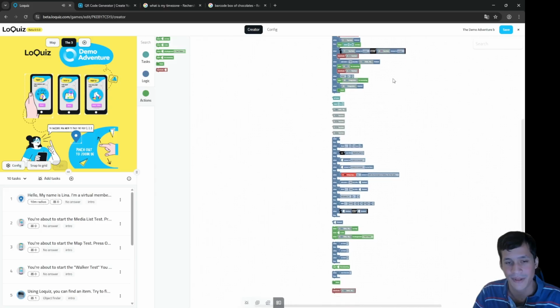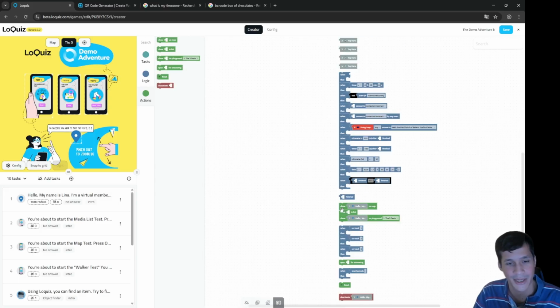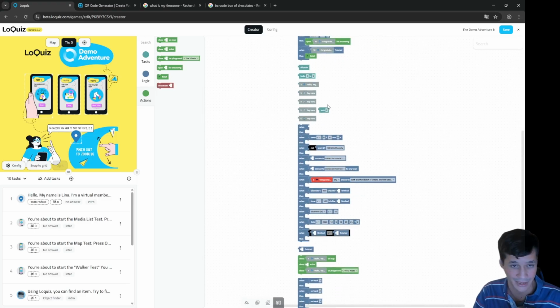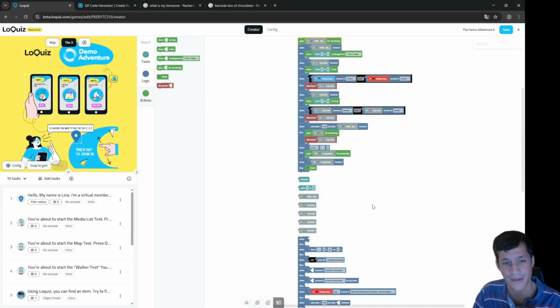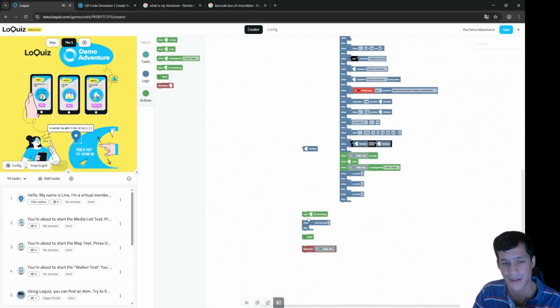So we've seen the different tasks and all of the tasks for your Loquiz game in the creator, and now we're going to check the whole logic. But first I just want to clean this up, and I will erase. I'll just show you one thing that allows you to select many blocks very quickly. So if I attach this like this,